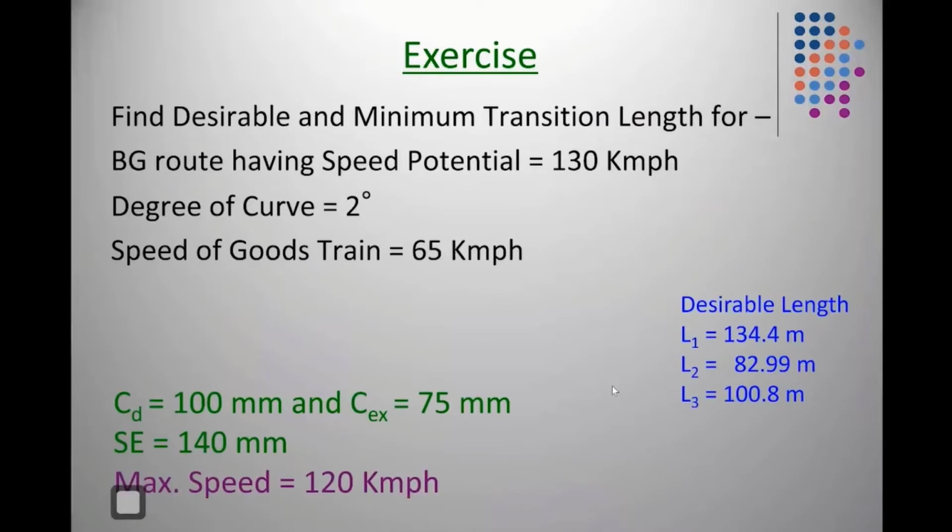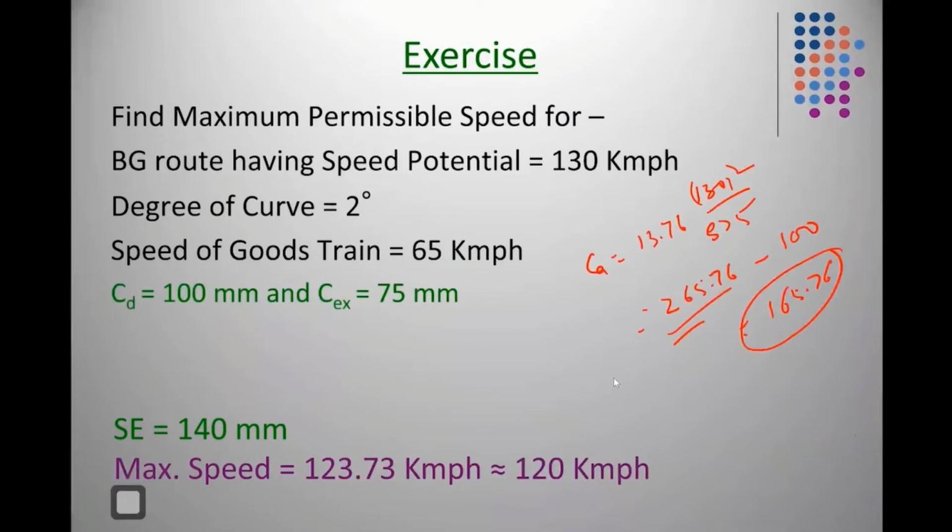ये बाकी लोगों को पता चला क्या एरर क्या आ रहा था? यस, दिस इज 165 बेसिस पे जब लिया प्लस कैंट एक्सेस किया था, so this was coming as 141 point something. So naturally this is less than this, so this is going to be my deciding factor, ठीक है ना? 140 मुझे देना पड़ेगा, ये कैलकुलेशन कुछ गलत आ गया था, इसलिए वैल्यू ऐसे आ रही थी। ओके